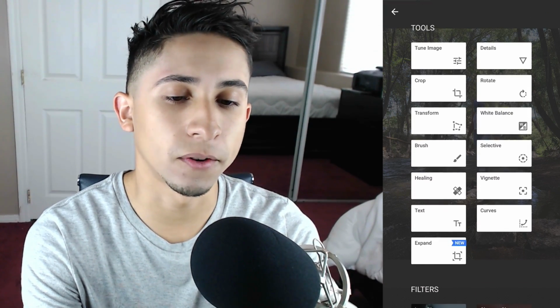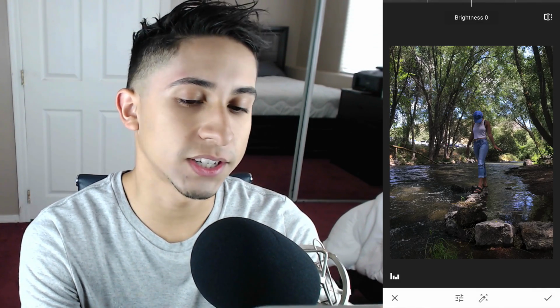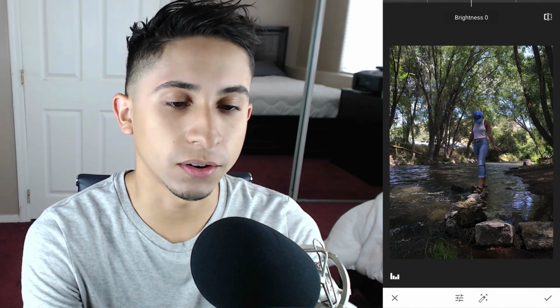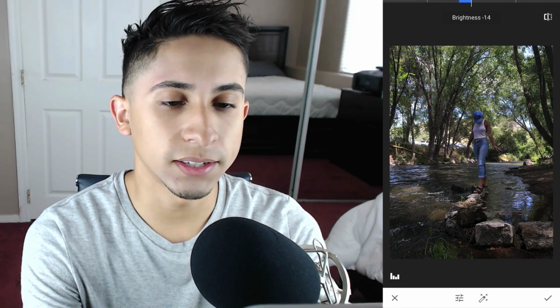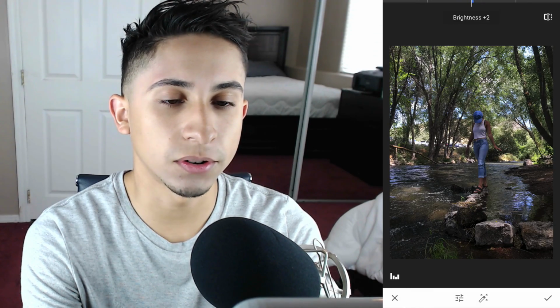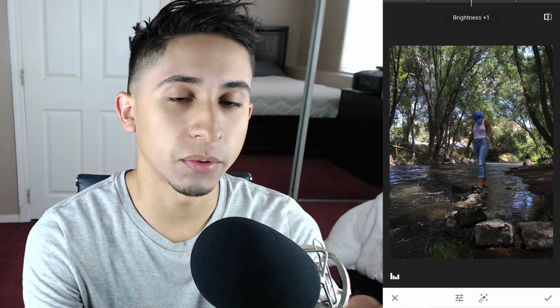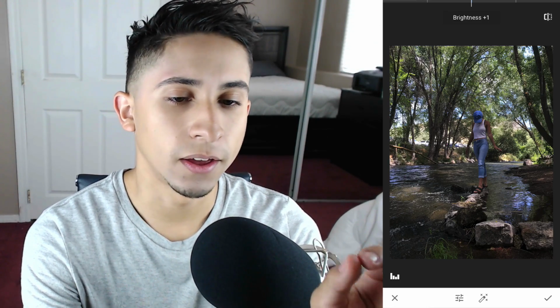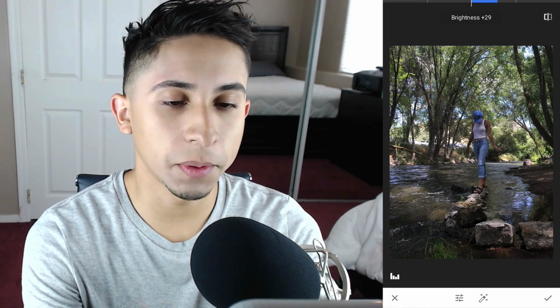So what we're going to go ahead and do first is go onto the tune image. Here, all you have to do is slide your finger left and right on the screen to increase the brightness. In this case, we're going to increase the brightness because it's a little bit dark. The shadows are a little bit dark, but we can always increase that in the shadows tool. But for now, we're going to bring up the brightness